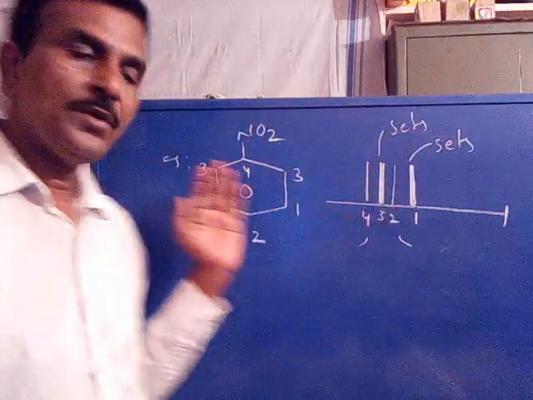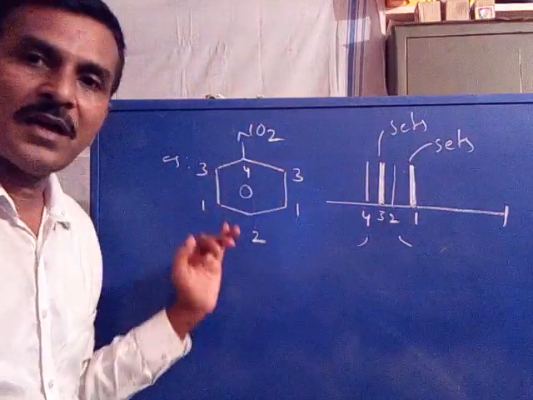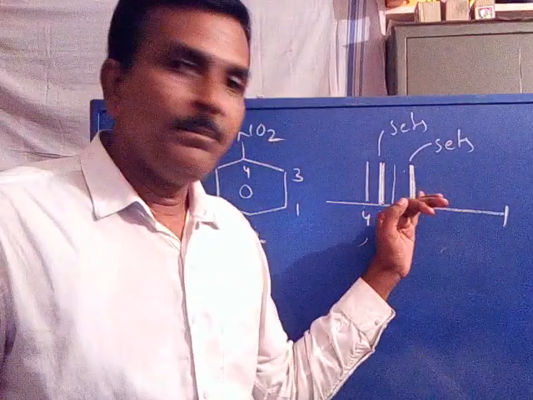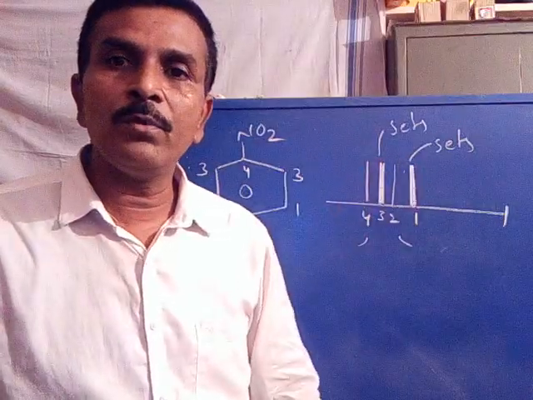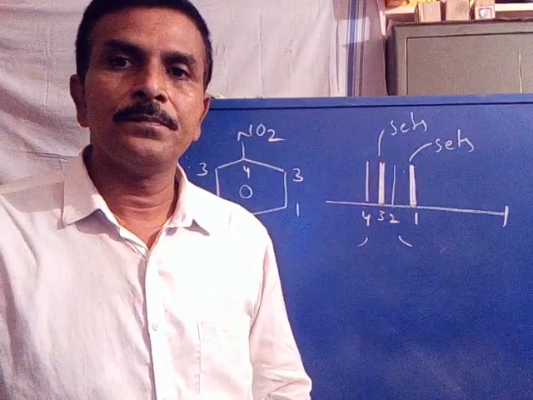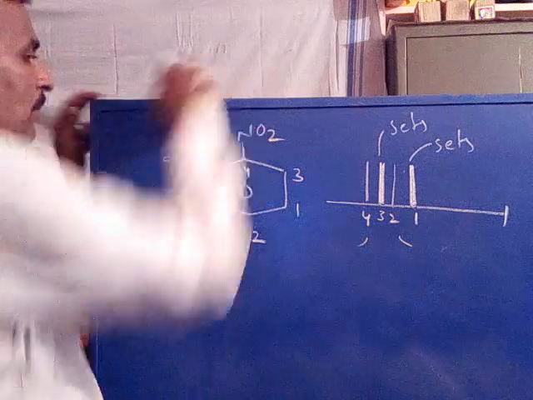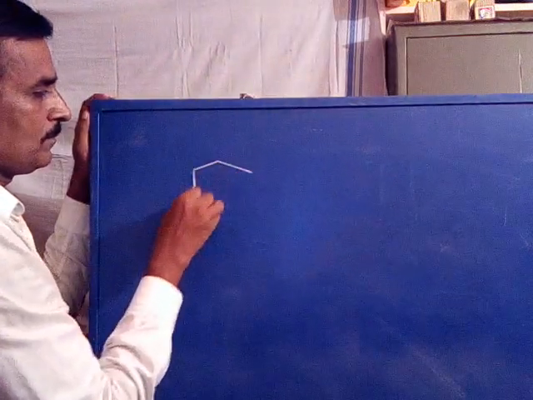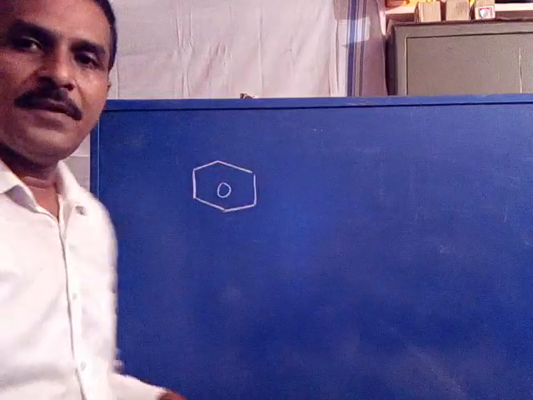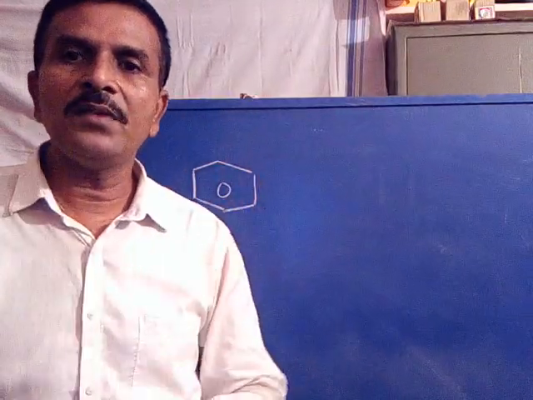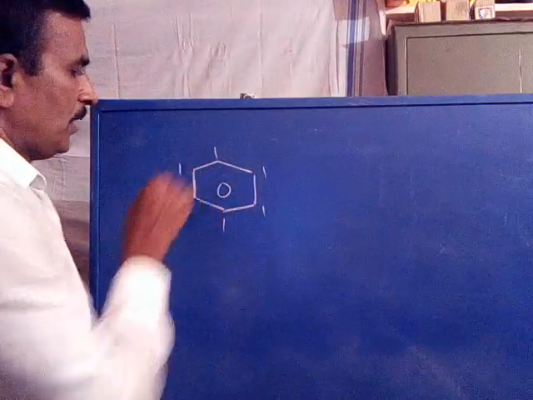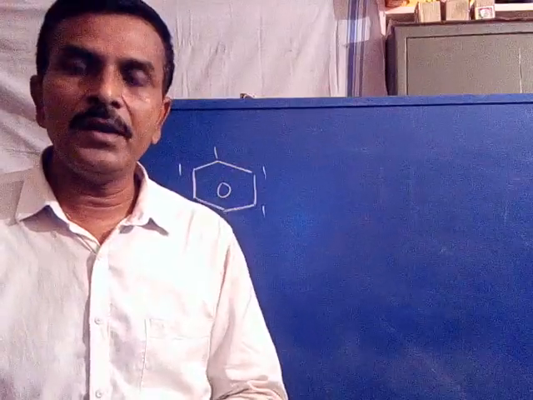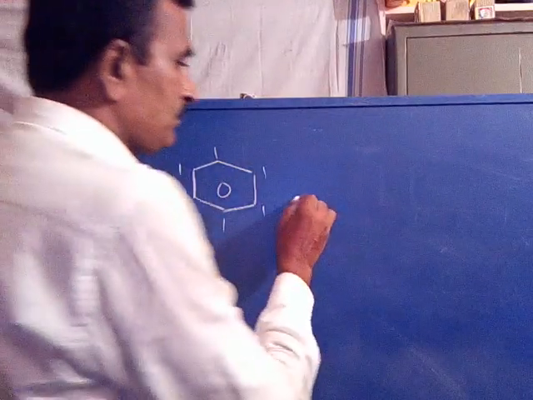According to the structure, there are 6 carbons, but based on the low sensitivity of the signals, integration is not possible, because we are unable to predict that there are 6 carbons. Is it clear? For example, take a simple benzene. All carbons are equivalent, 1, 1, 1, 1, 1, 1. All the carbons are equivalent, so only one signal appears.